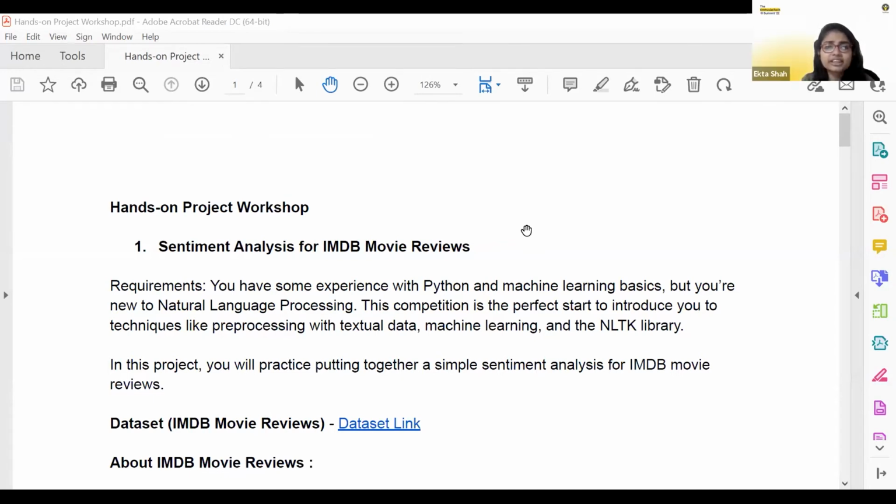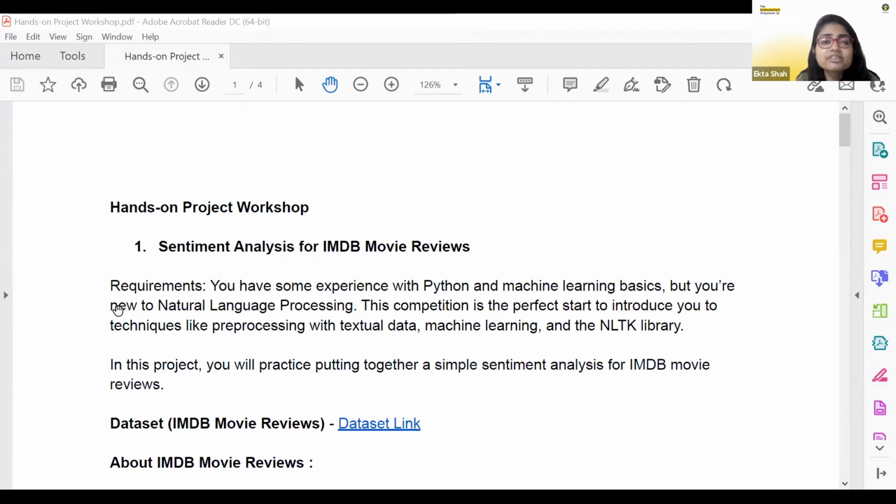This particular data set from the IMDb movie reviews is present on the Kaggle platform. That is what we're going to be referring to for our data as well. So you do not have to collect any data. You just have to click on this link and it will point you to a link on Google Drive, which will help you download the data set.